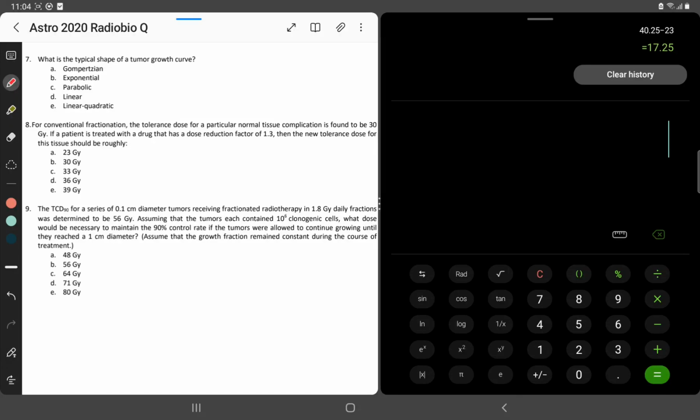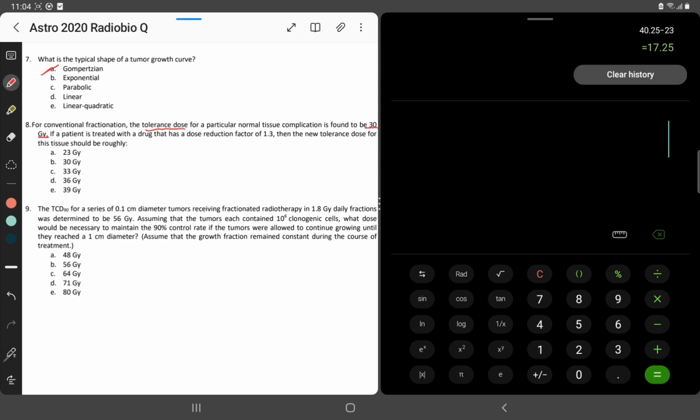So a few radiobiology questions. The first one over here: the typical shape of a tumor growth curve is obviously Gompertzian. And this next one, for conventional fractionation, the tolerance dose for a particular normal tissue complication is found to be